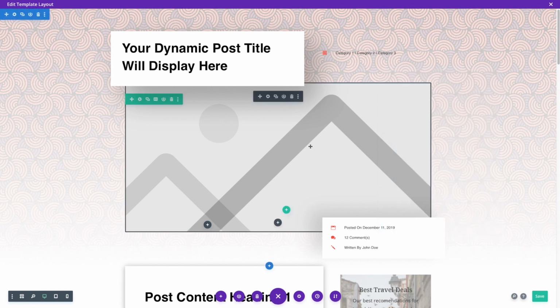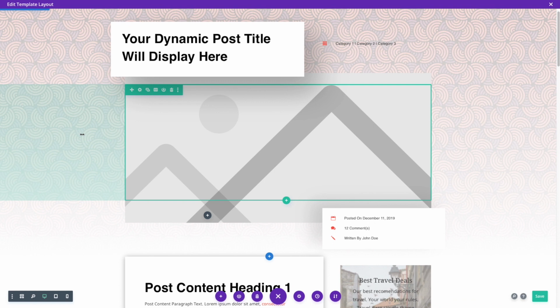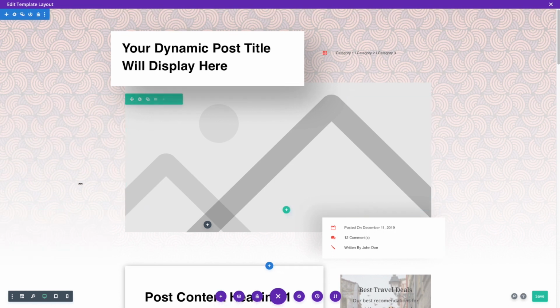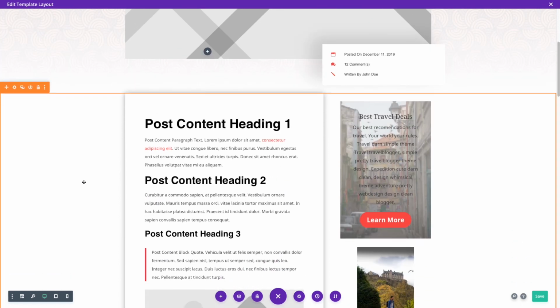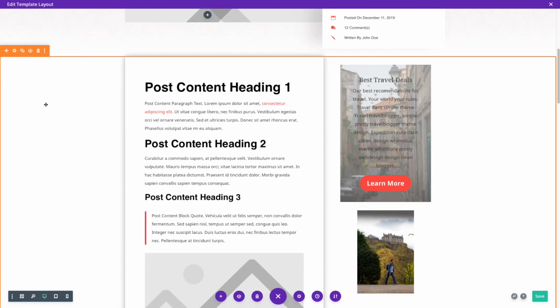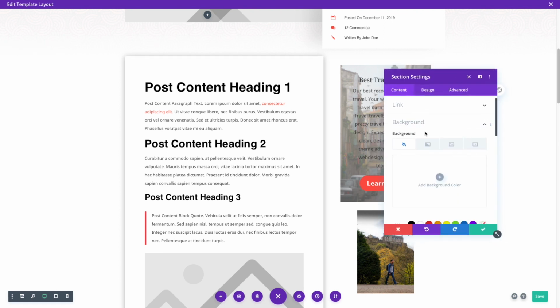There we go. Just an idea. One way of adding a little bit of texture to your website is adding a background. So that's something you can mess with on your own. You can also add that same background here, just to get that unified look. So I'm going to go over here, background